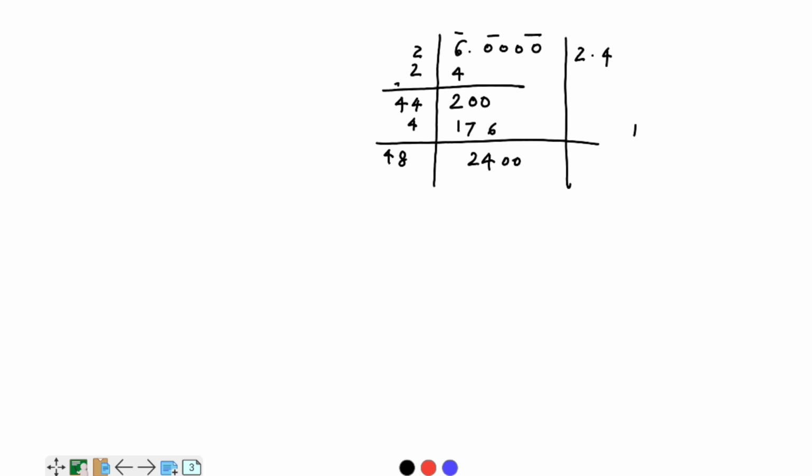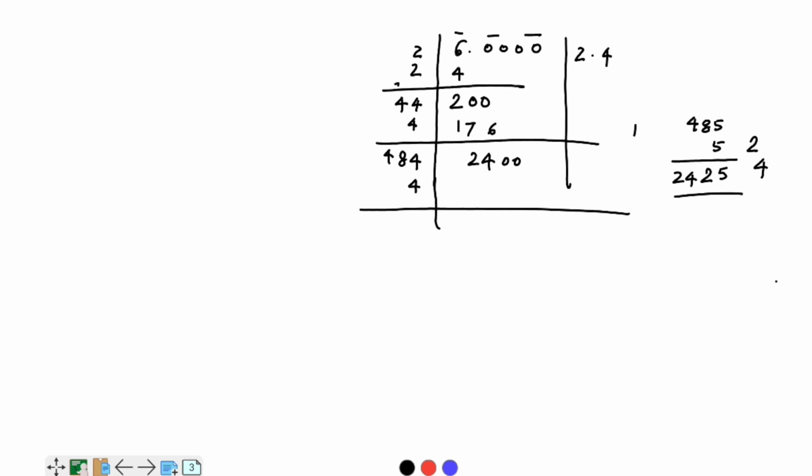Now if you take 5 times, if you take 5 times, it will be more than 2400. Okay, let's find out how much it comes out. 5 5s are 25, 5 8s are 42, 5 4s are 24. Okay, so 4 will go here. Alright, whatever it comes out, leave it. So basically up to 2 decimal places you can say that root 6 is equal to 2.44.